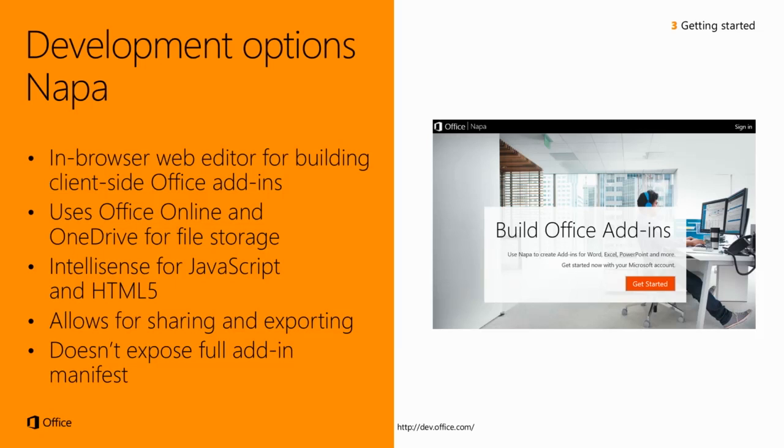Going to show you in just a minute how that works. So it's basically you just get a code editor inside of the browser. You just do all of the development needed for your Office add-in inside of the browser, and then you can just publish your add-in into the store if you'd want to, or you can download it and continue to work on it using a standard code editor,